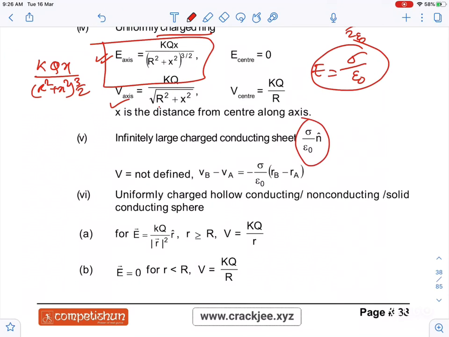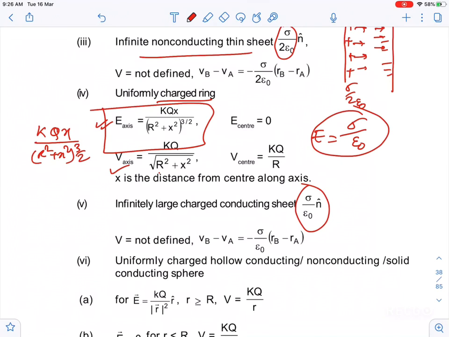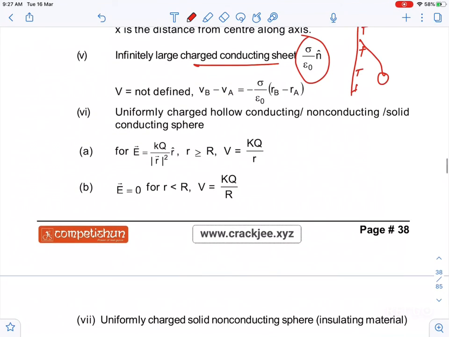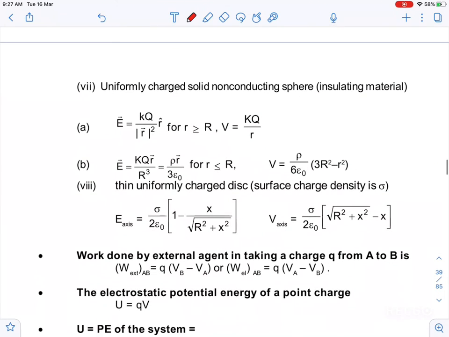Now guys, one thing you have to keep in mind, that we have discussed already. This is for an infinite non-conducting thin sheet, and this is for a conducting sheet, guys: sigma by epsilon naught. Now all these formulas are important, so you should remember these things. For a conducting sheet, some type of question comes where a charge is suspended like this, so you can calculate this result also. Now E can be written as kq by r square. The potential you need not actually remember.